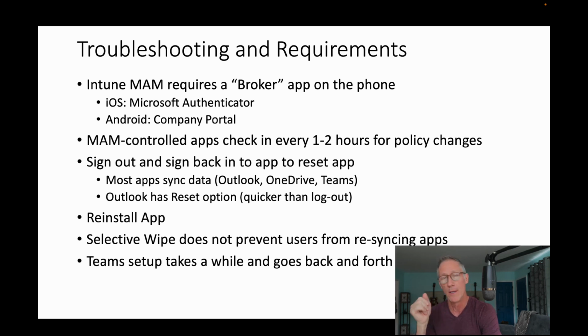Now, the first one's easy enough, the Authenticator app on iOS. Everybody uses the Authenticator app anyway, so that's probably already there on iOS. It's probably also on your Intune devices, but guess what? The Authenticator is not the broker app for Android. They tried to do that a couple years ago, and they actually had it running, but then all of a sudden it disappeared. So they went back to the old one they were using, and we still use it now,